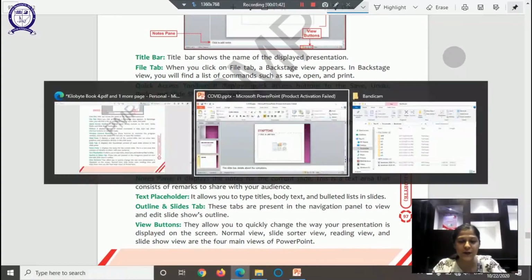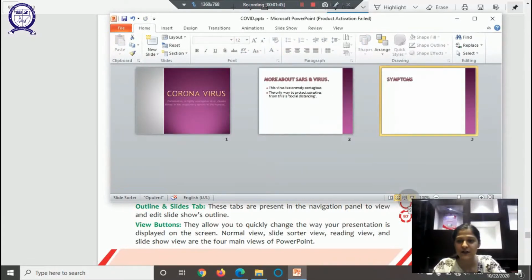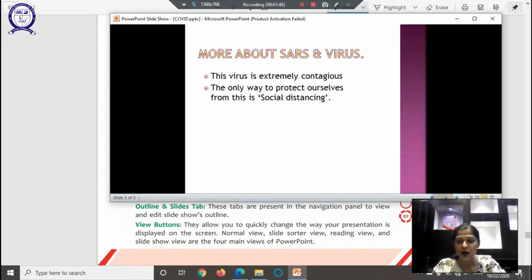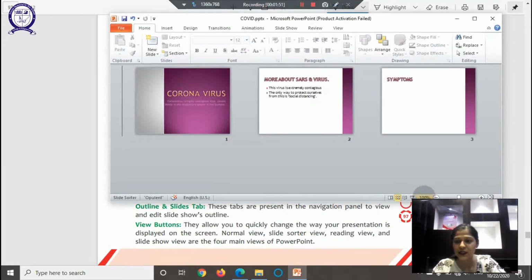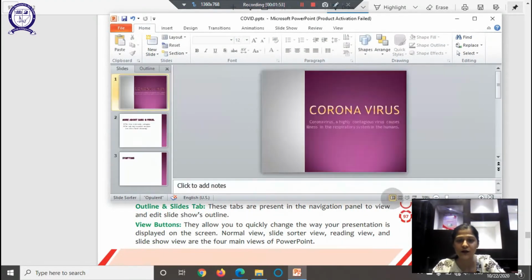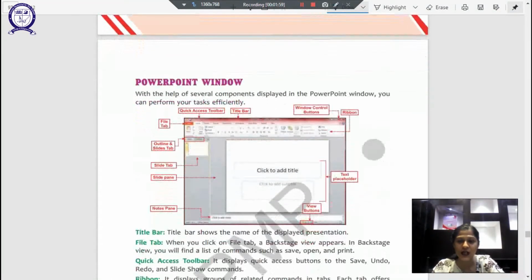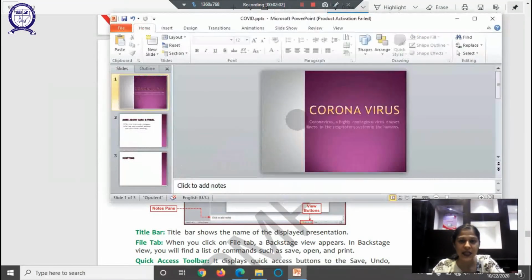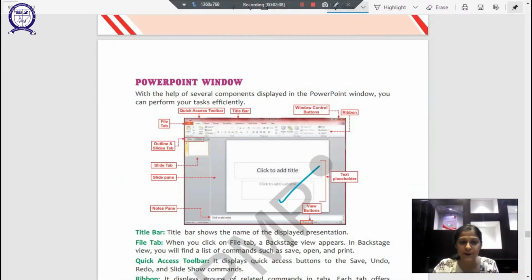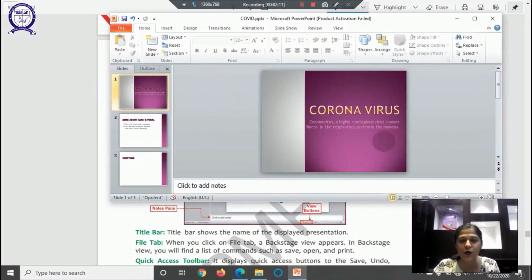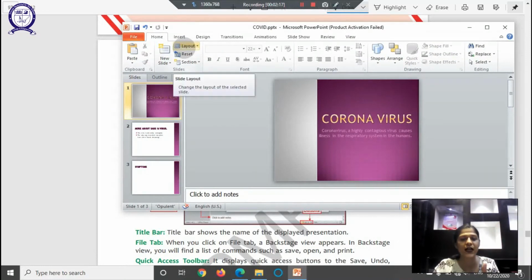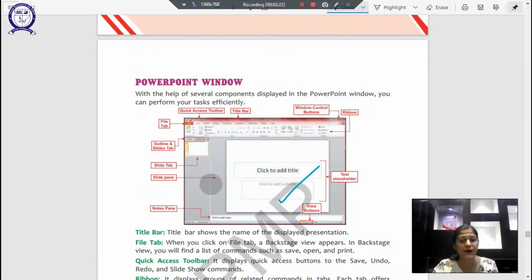Then we have view buttons, which help us change the view of our slide: reading view, or once we exit that, this slideshow option is also here, and this normal view. So coming back to the normal view here, right? We've mostly understood about this. One thing that's left is this area where our slide is being displayed. It's called the slide pane, right? Our slides are visible here. And all these options, where all the slides that we have in our slideshow are displayed, are called the slide tab, right?